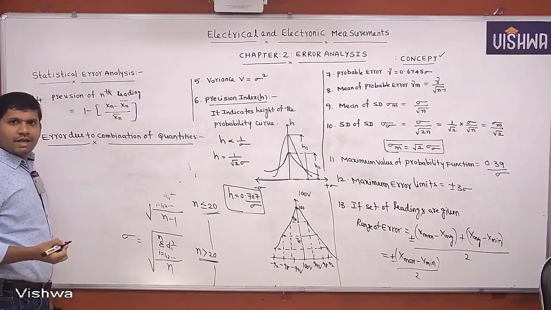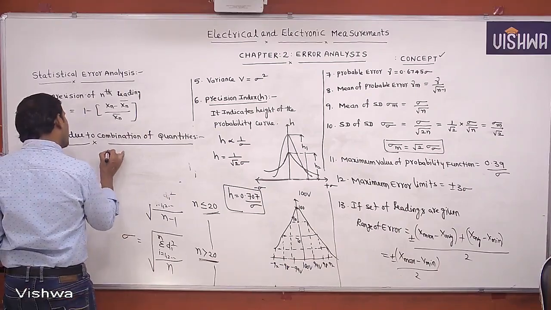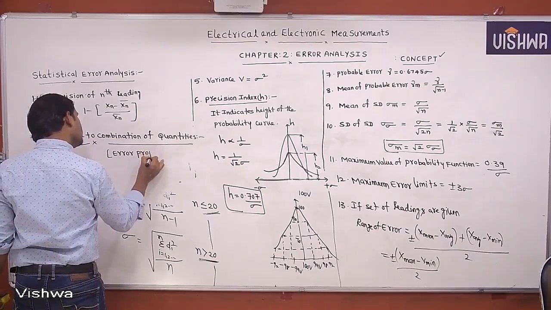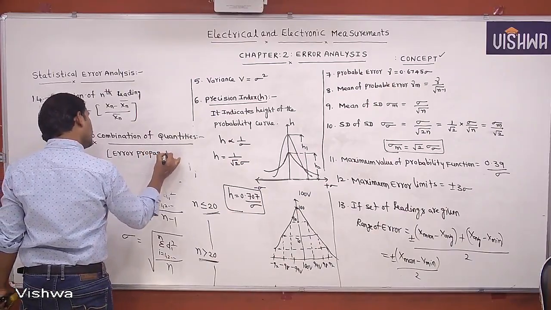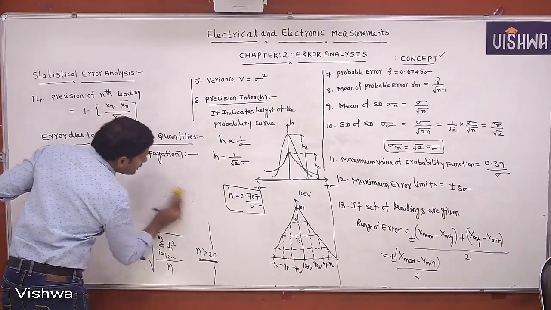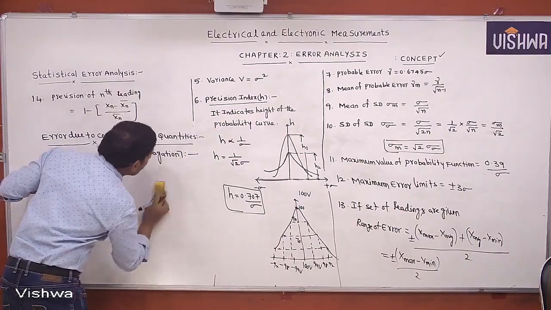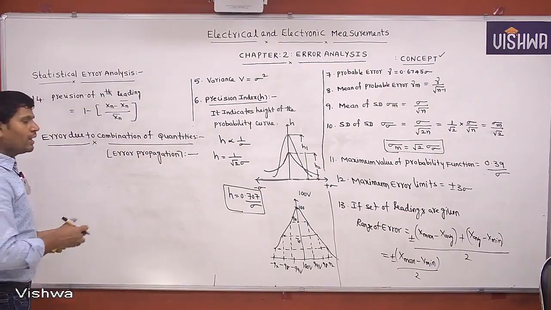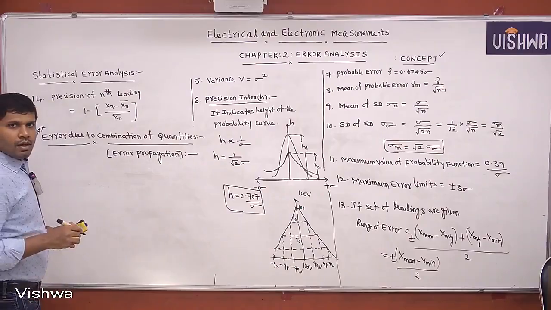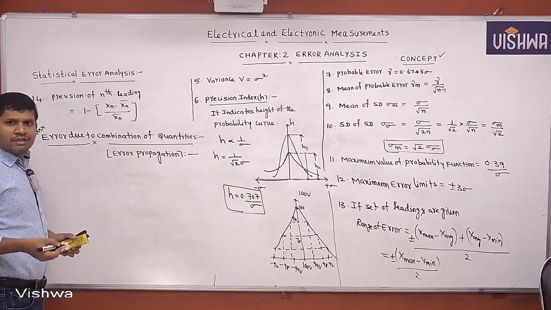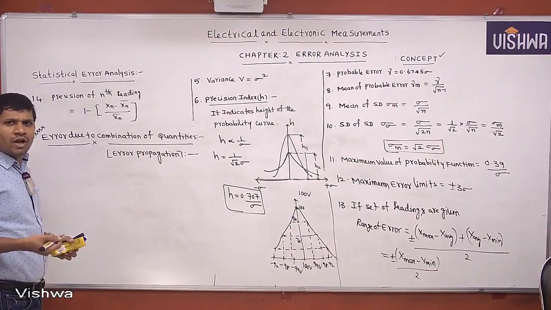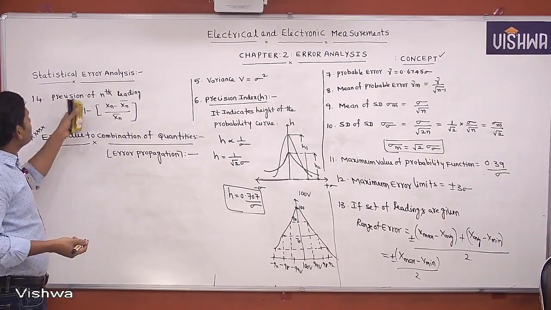Okay. This concept is also applicable for error propagation. It is also called error propagation. Error due to combination of quantities is also called error propagation. This is an important concept, and 2 marks questions based on it also appear in the GATE exam. Now, for addition, subtraction, multiplication and division, how do we do the combination of quantity analysis in statistical error